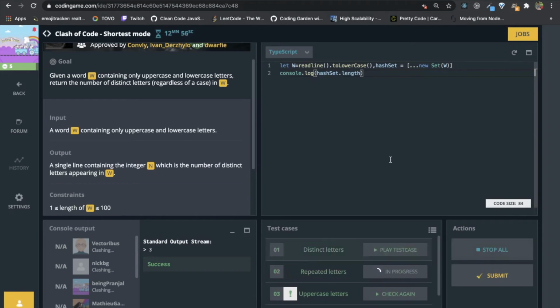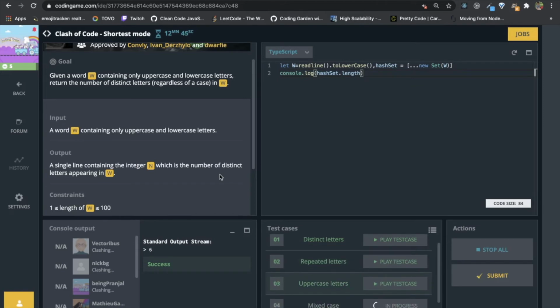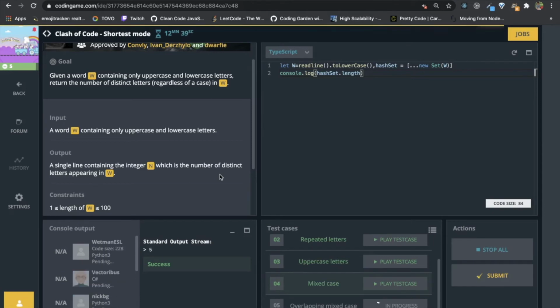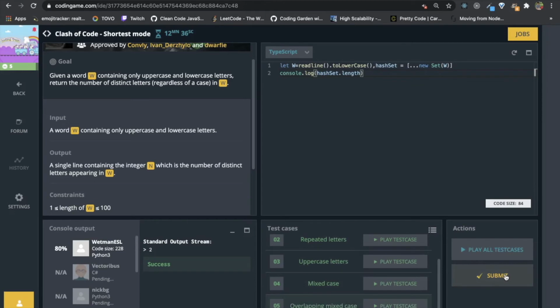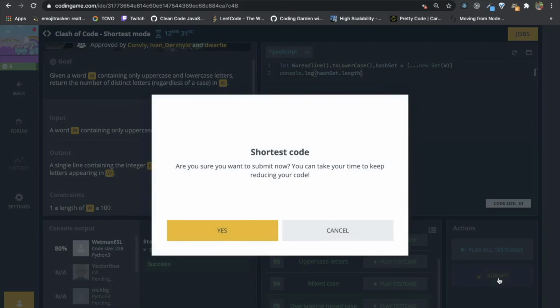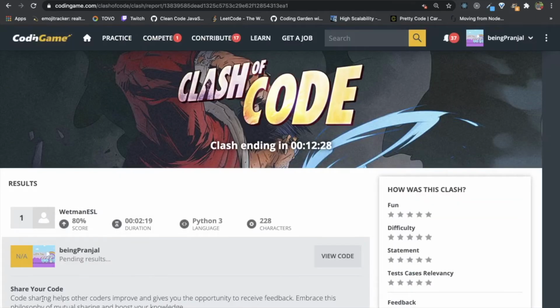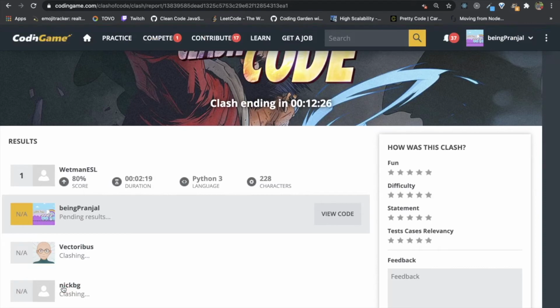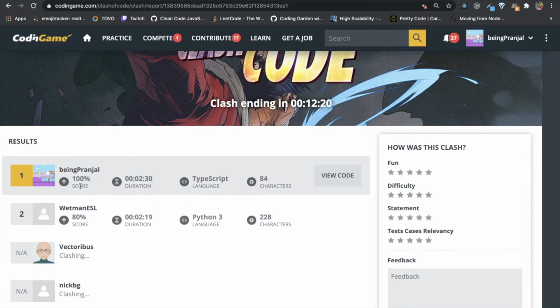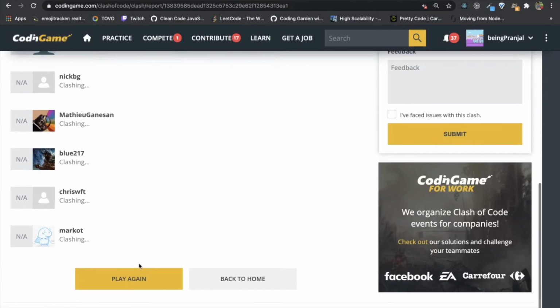Okay, so I guess this was an easy problem. We just needed to output the number of unique characters, and it was case insensitive, so uppercase and lowercase characters are considered the same, meaning capital A and small a are the same. So 228, I guess my solution will win here. Let's submit. If it passes, I don't know, there can be breaking test cases also. Okay, we won a 100% score with 84 characters.